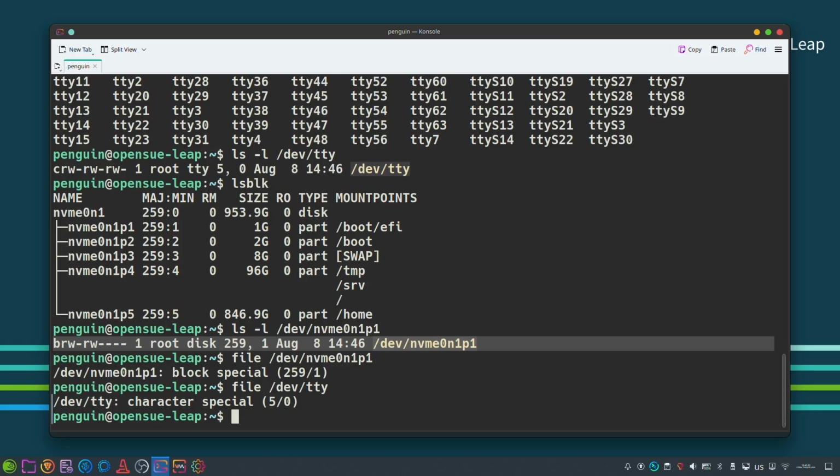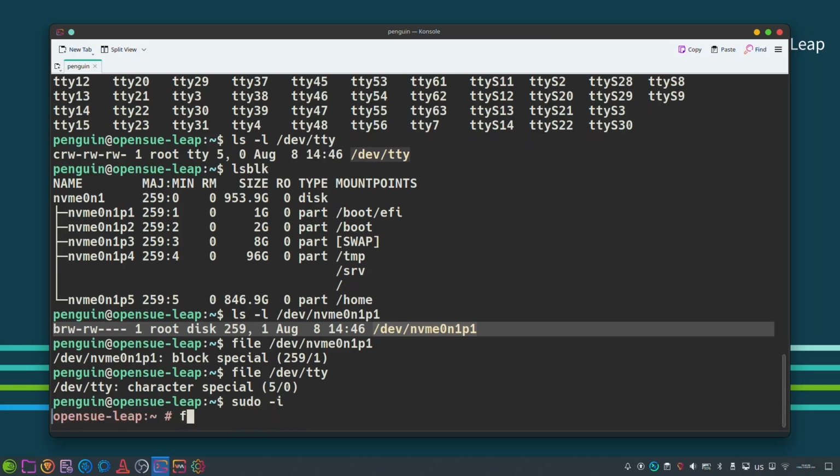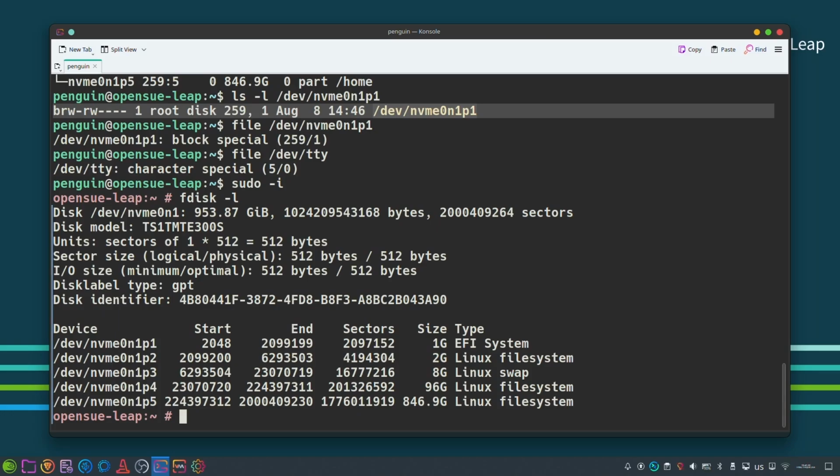And the other commands, we have to be root to run, which is fdisk -l, and it will show you the partitioning on your hard disk without the mount points. And because my hard disk has a GPT partitioning table, we can run gdisk -l,